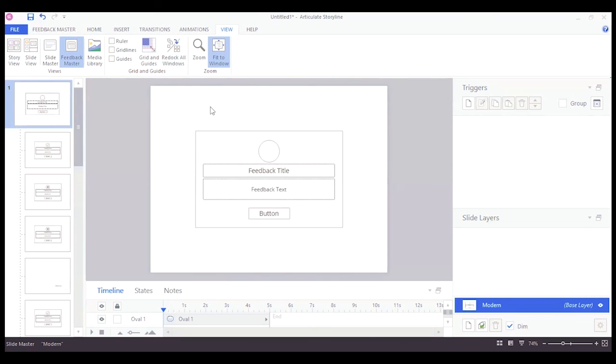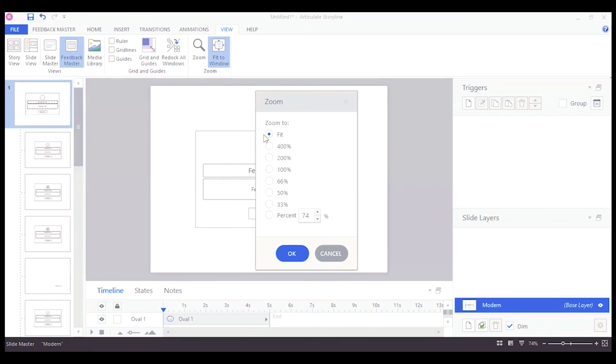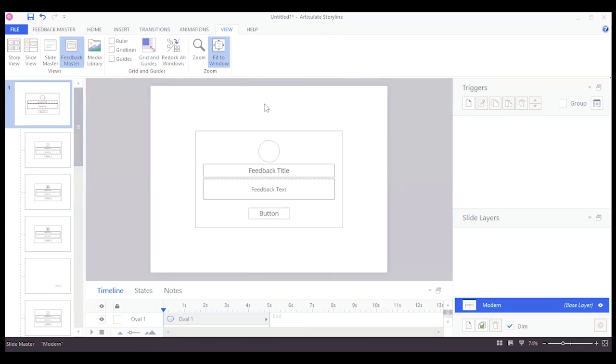The next option is the zoom feature. If we click on this option, we can see that the first option is fit to size, and then we have a long list of percentages that we can select by default. We can also customize a percentage that fits the need of our course. This is very helpful when it comes to having different zooming effects on your course.